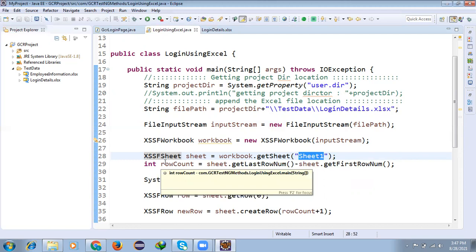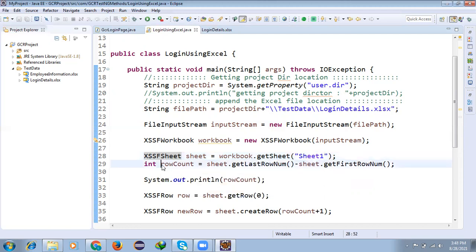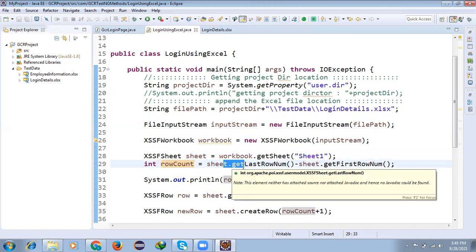We are trying to write one value into that particular sheet. For that we need to get the count, meaning the last row, which is presented in that sheet, and the first row of that sheet.